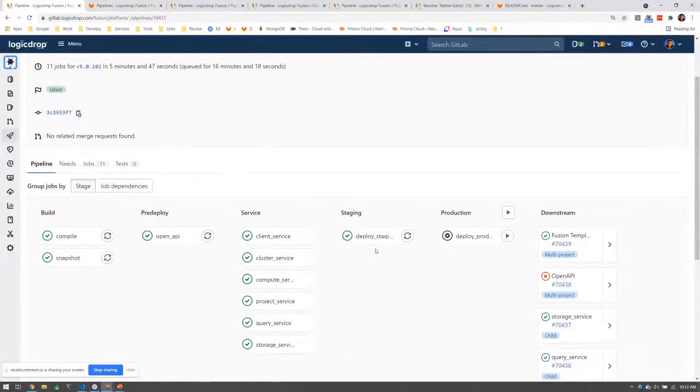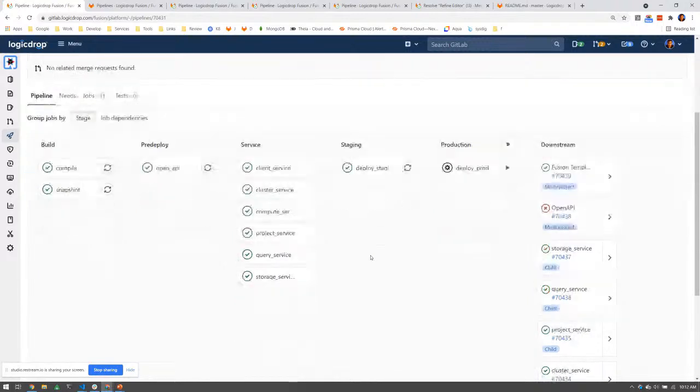So once you've merged into master, it's a completely automated process from master to either of our environments to build a service natively, test the service, and deploy it.